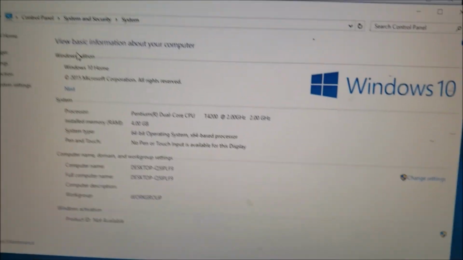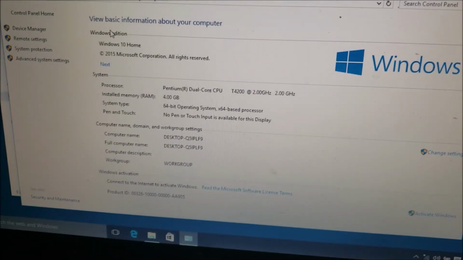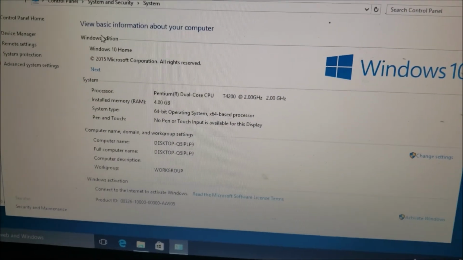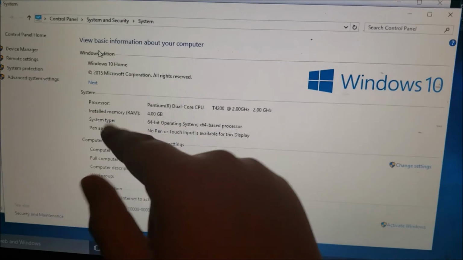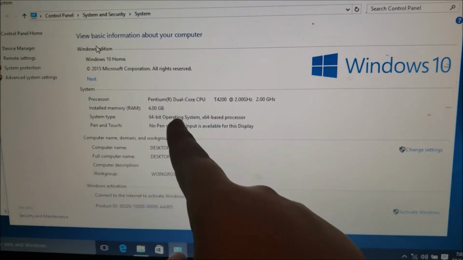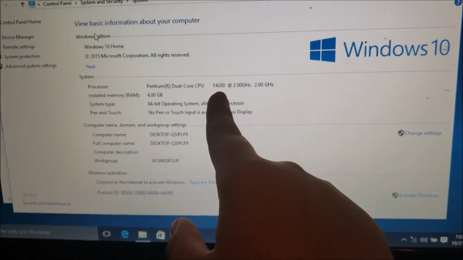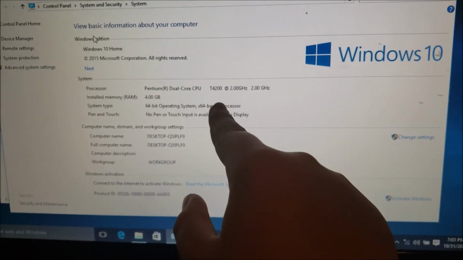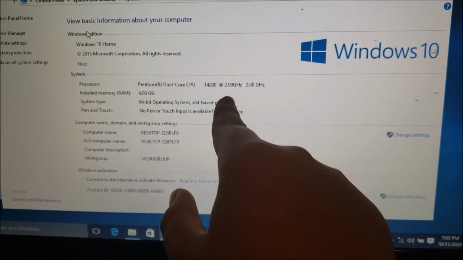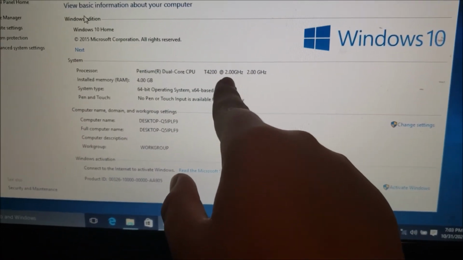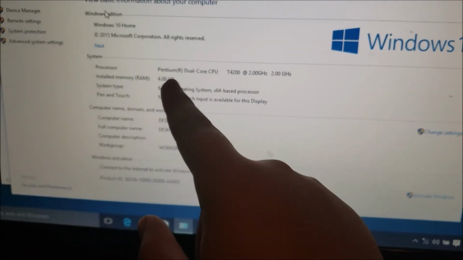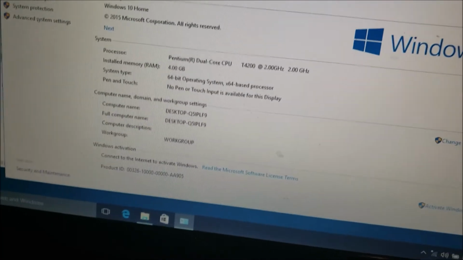Properties. And these are the specs of the computer. So we are running Windows 10 Home. It's an Intel Pentium dual core CPU T4200. Now my other one has a T4300; this one's at 2 gigahertz and the other one's at 2.1. They're both 4 gigabytes of RAM. The other one has an 8 gigabyte hard drive, but actually